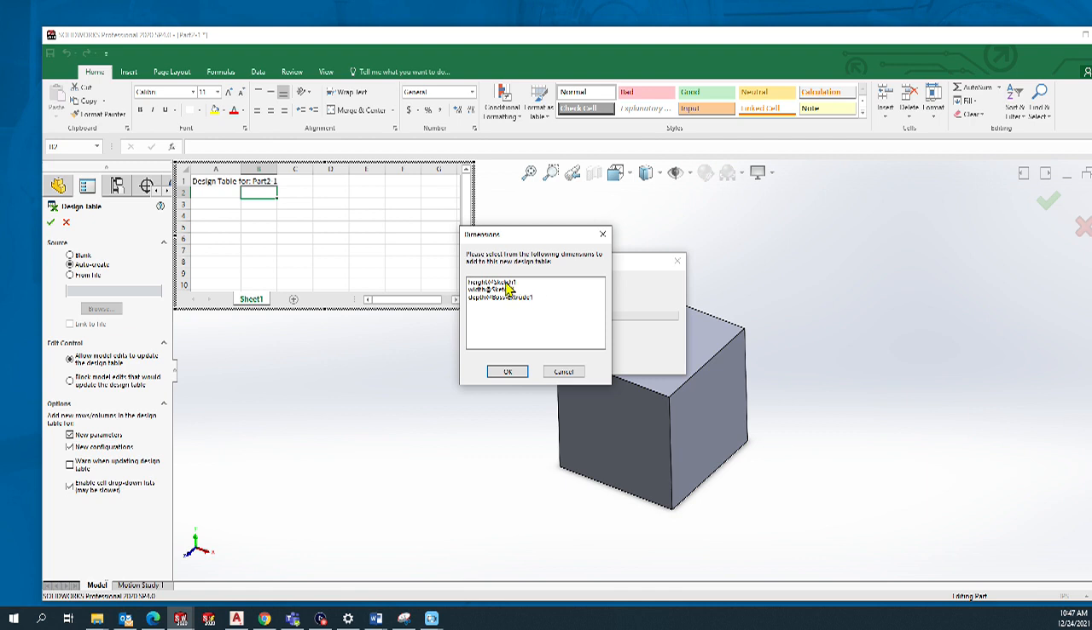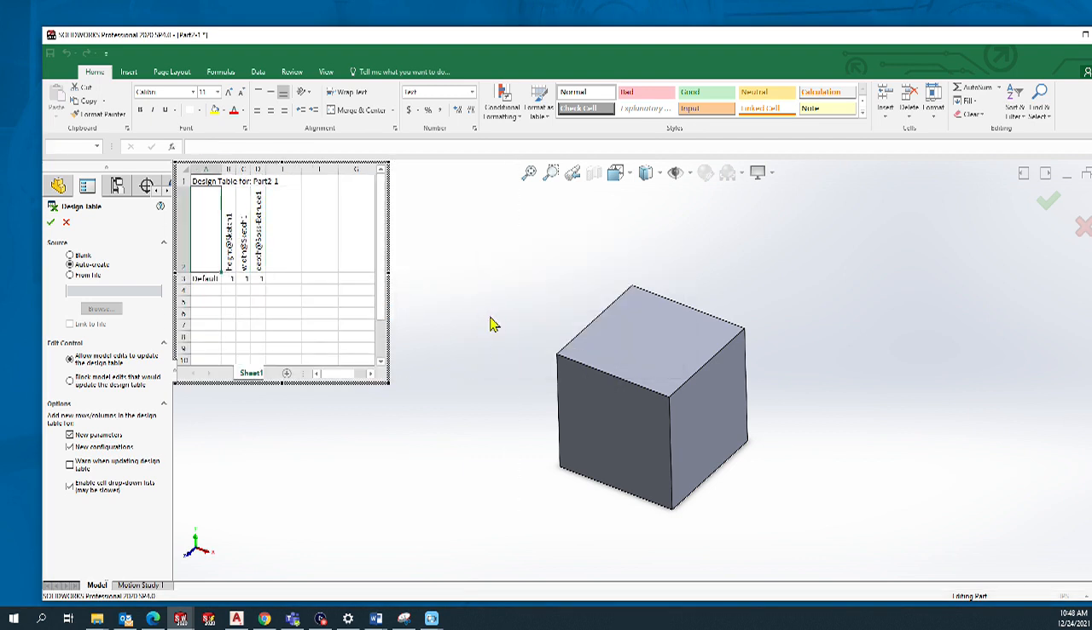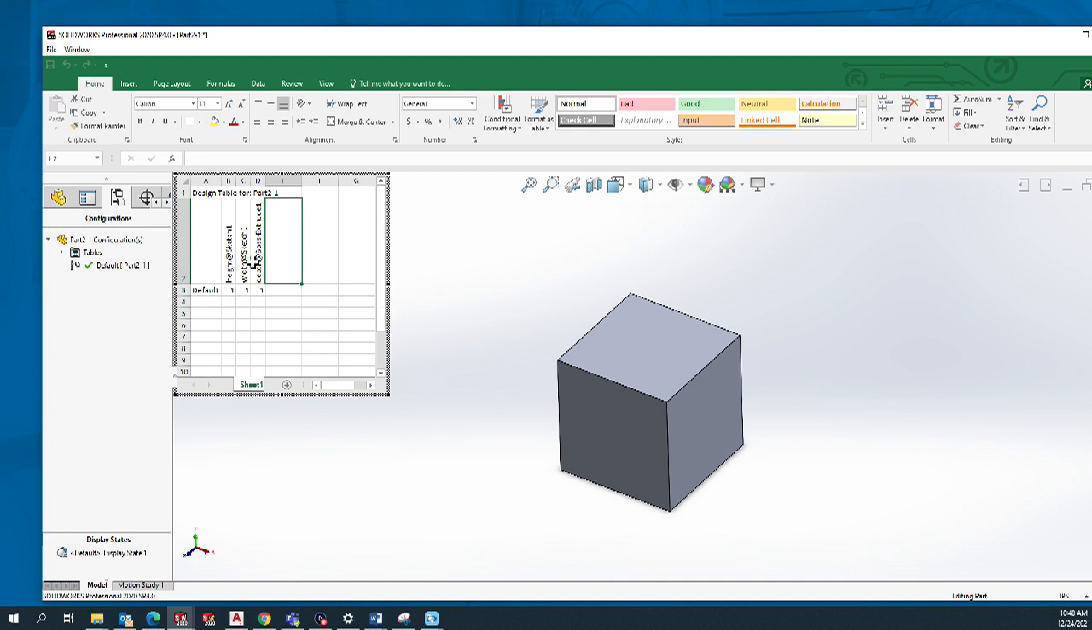Just try it again. Now you hold the control button and highlight all the ones that you want to extrapolate. As you see, height, width, and depth have been extrapolated from this model. If you hit OK, it's now going to give you a tabulated drawing with our design table that's made out of an Excel, and you can just say, you know what, I'm going to create a 2 by